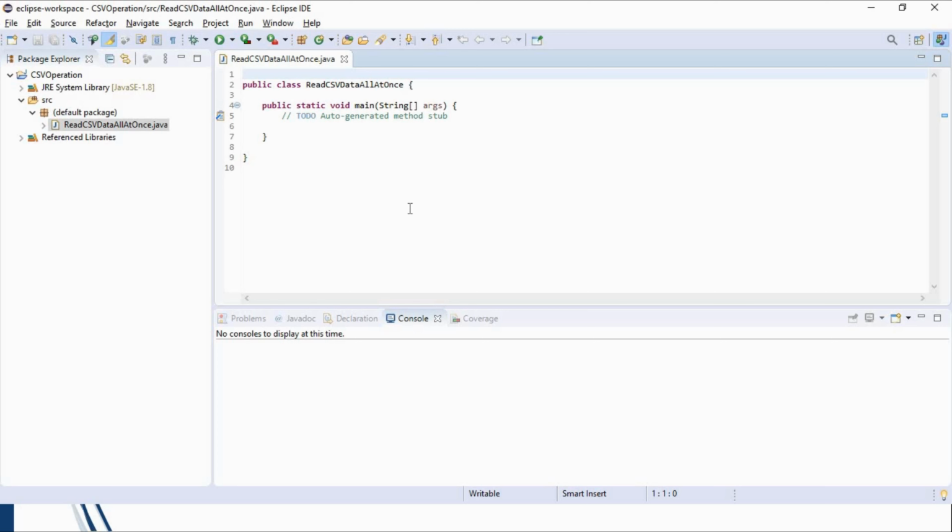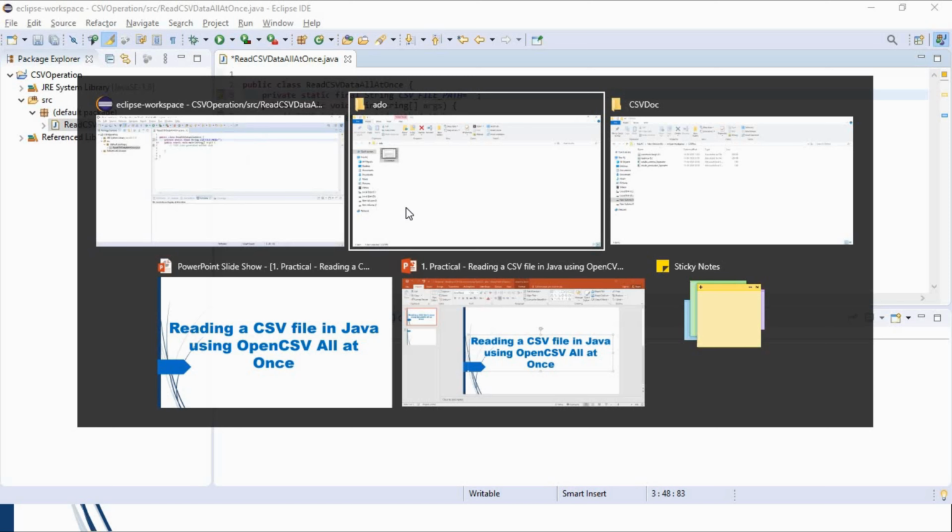Okay, let's start our program. First we will define the path of our CSV file. We will copy the path where our CSV file is saved.